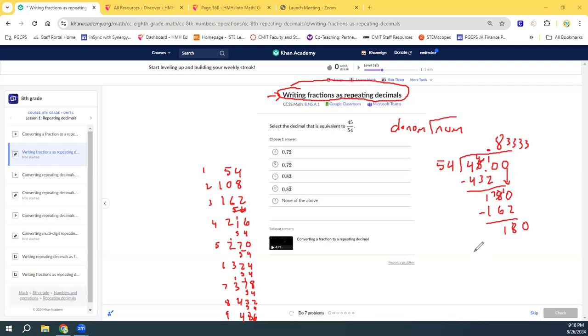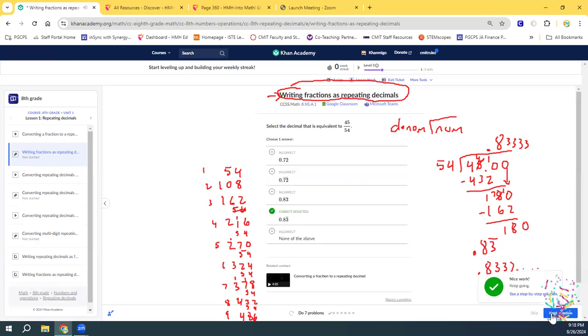0.8333. So in math, when we have a repeating decimal, we can either write 0.83 with a bar over the 3, or 0.8333 dot dot dot dot. So those are two ways to write a repeating decimal. And I can see my answer on the screen is going to be D. Oh yeah. Okay, so that's writing fractions as a repeating decimal. That is